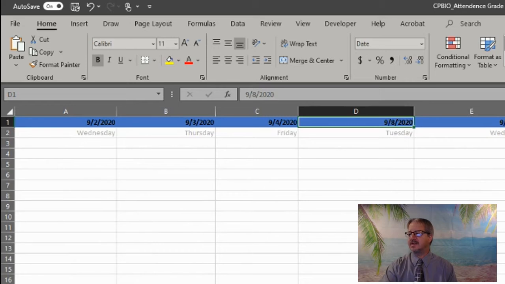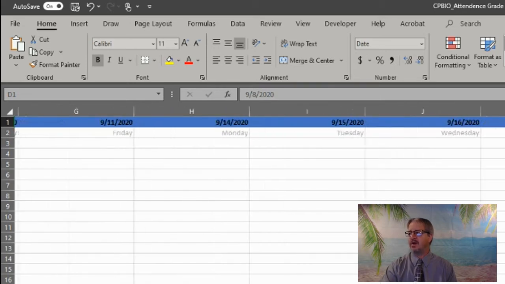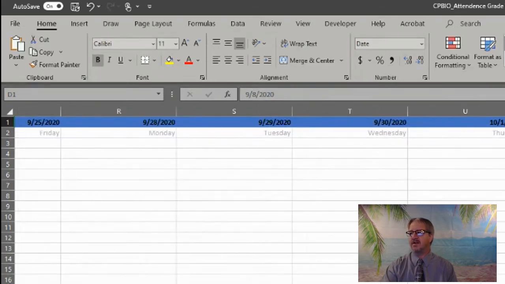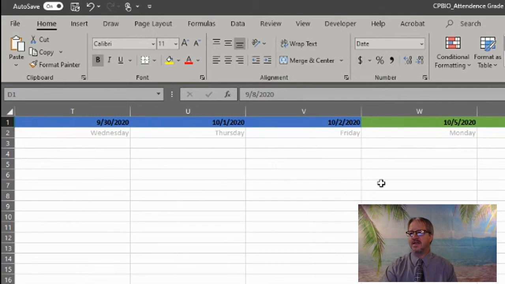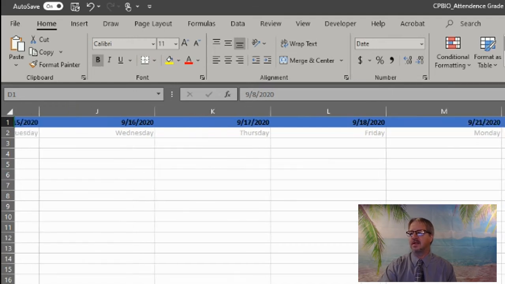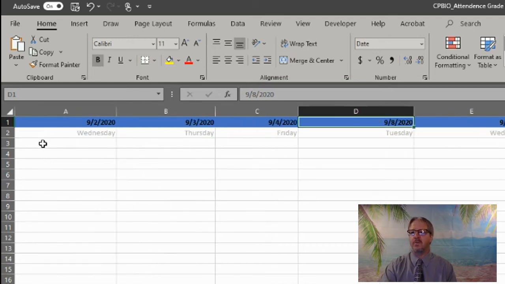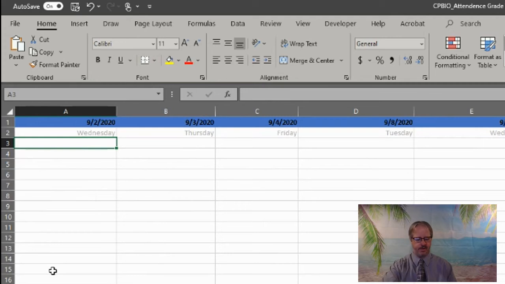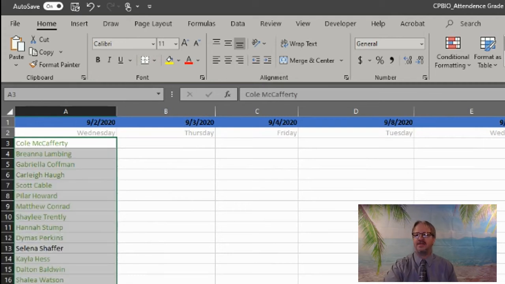Another thing to note is that once you get to the halfway point of the quarter, the banner does change color. So you know that 10-2 is the last day of the first half of quarter 1. 10-5 is where the second half begins. But for 9-2's report, I'm going to go to A3, and I'm going to Control V and paste in the